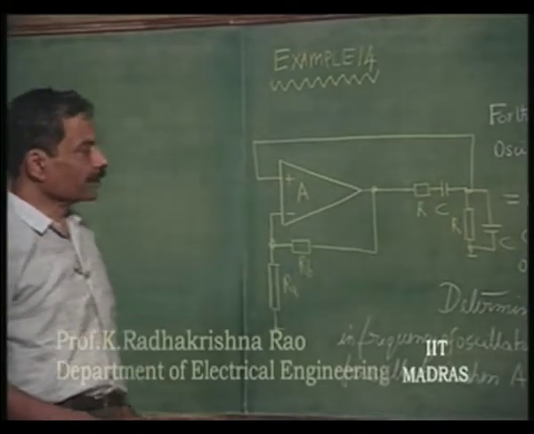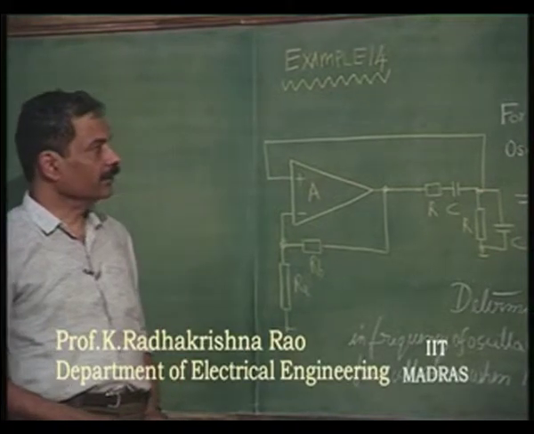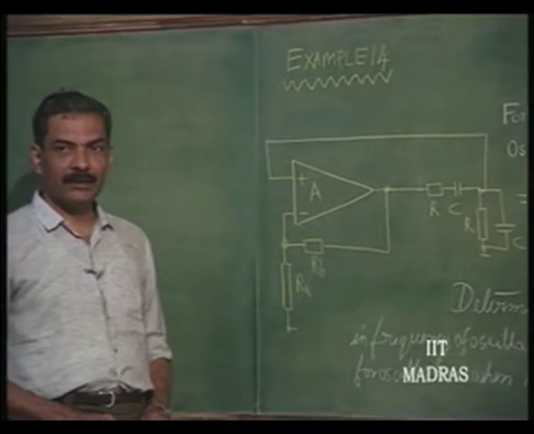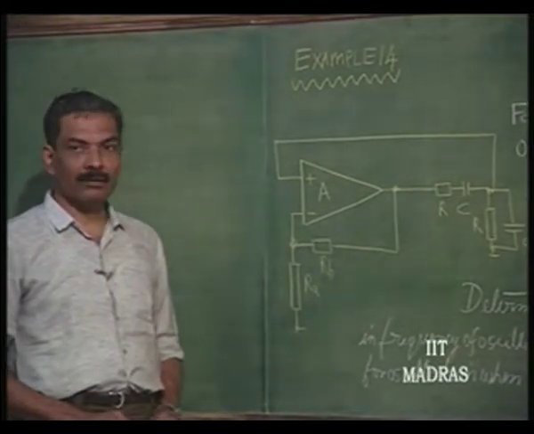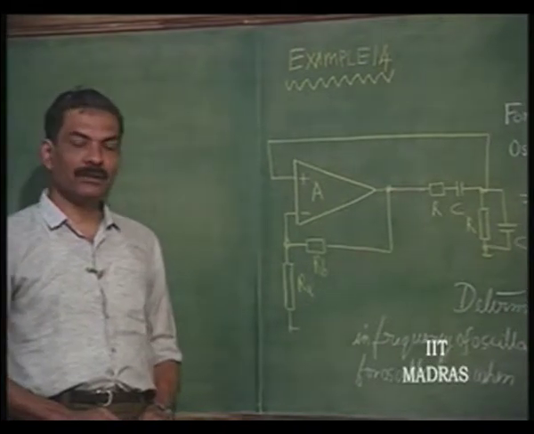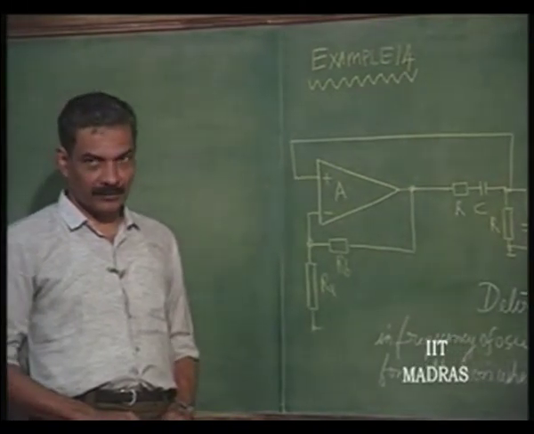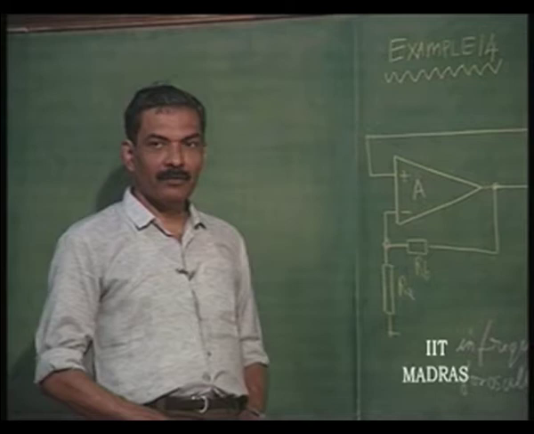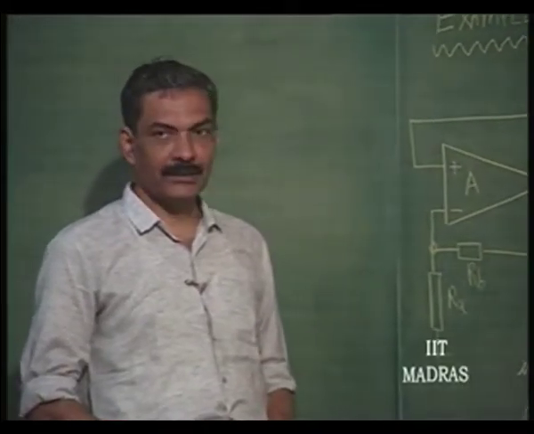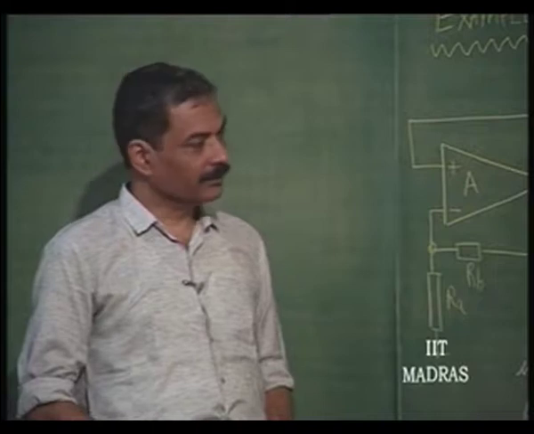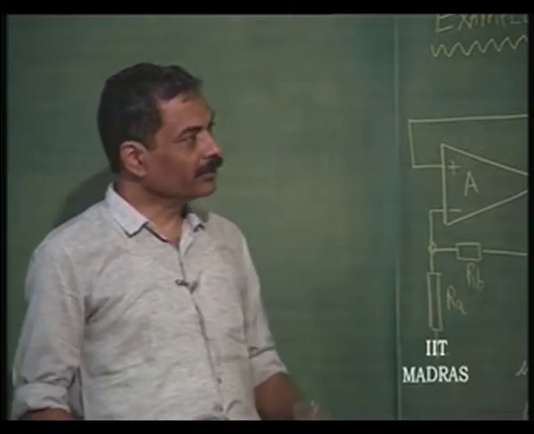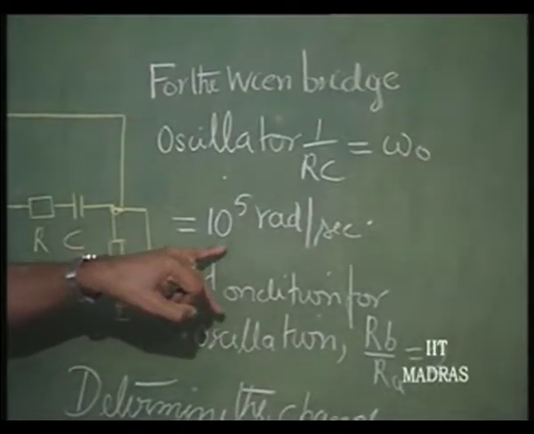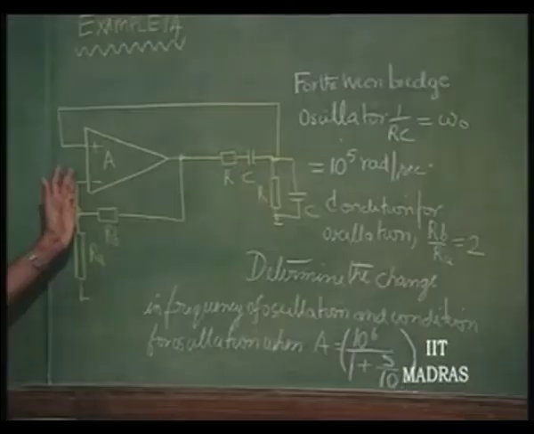So, we will take another example 14 in order to illustrate something about frequency stability or frequency instability in oscillators. Example 13 was an LC oscillator, and we saw that the frequency stability was very good if the Q of the LC network was high. We had chosen the frequency of oscillation of example 13 to be the same as the current example, which is a Wien bridge oscillator,